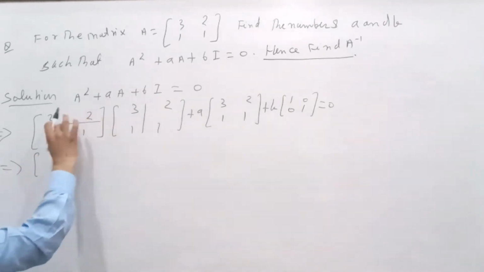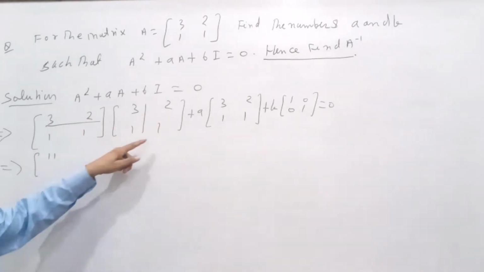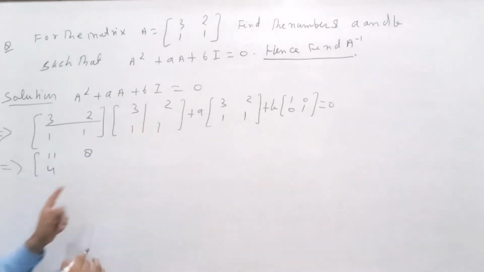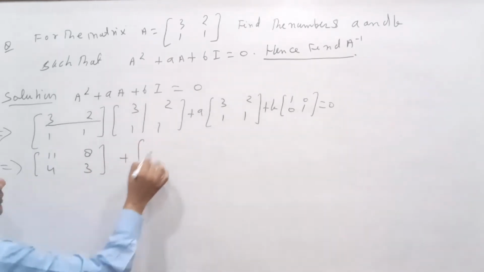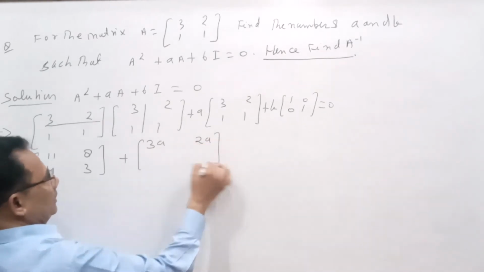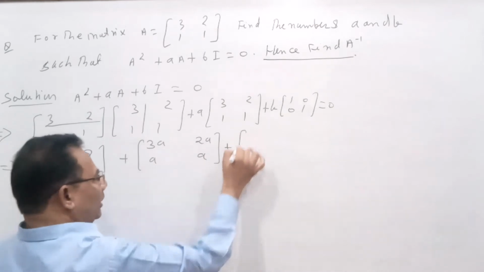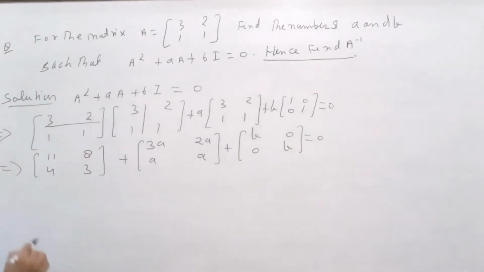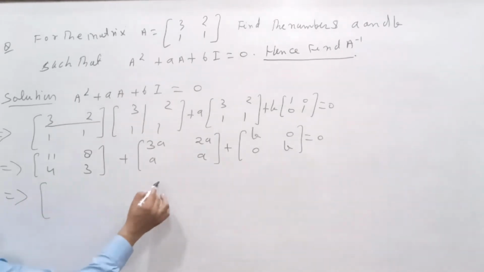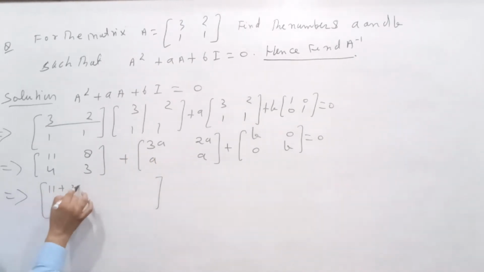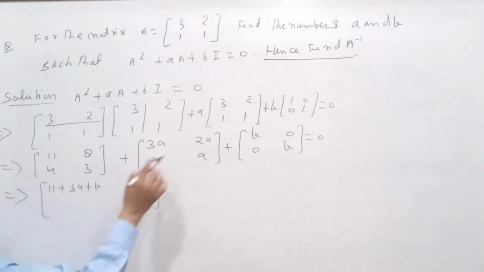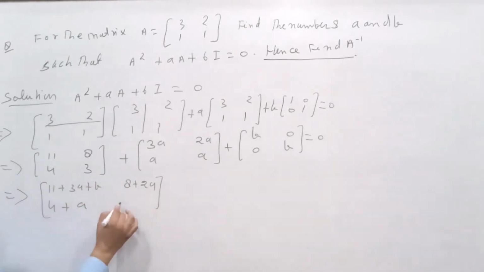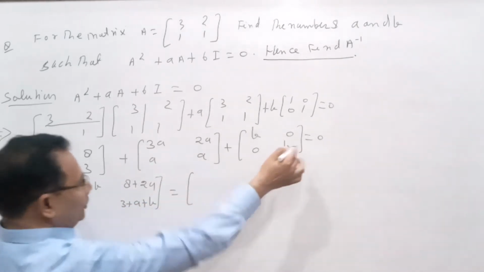3 3 9 and plus 2 11 and that is 3 2 6 and plus 2 8 and that is 3 and plus 1 4 and 1 2 and plus 1 3 and plus a, we will send inside. That is 3a, 2a and a plus, that is a. Here we will multiply b inside, scalar multiple in matrix. That is b is equal to 0, and this implies that if we look here, this matrix becomes 11 plus 3a and plus b, and 8 and plus 2a, and that is 4 plus a, and that is 3 plus a plus b, and this is a zero matrix.